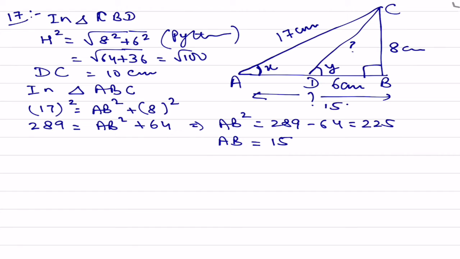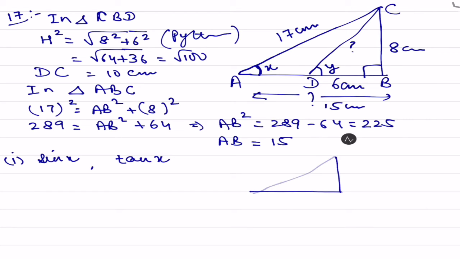Now see, for the first part, sin x and tan x value we will find out, because the tan x value we need for the third part. So x is the angle of which triangle? Triangle ABC. I am drawing this triangle separately now, children. ABC, because here this is x, perpendicular is 8, hypotenuse is 17, and the base AB is 15. You know all the three sides, so you can find out any one of the ratios.